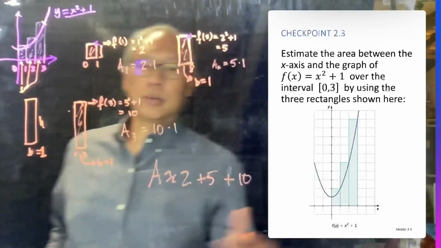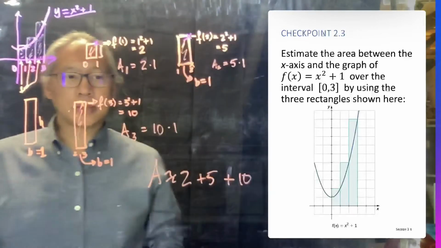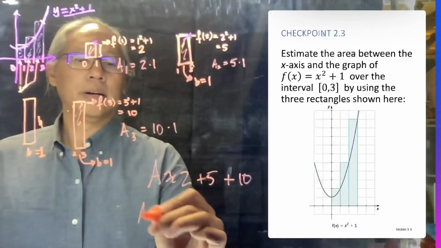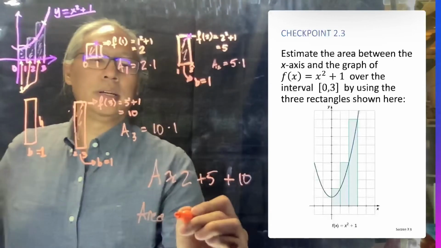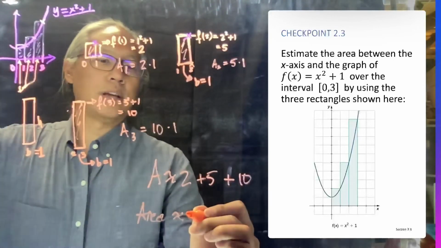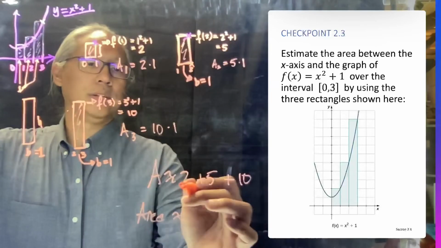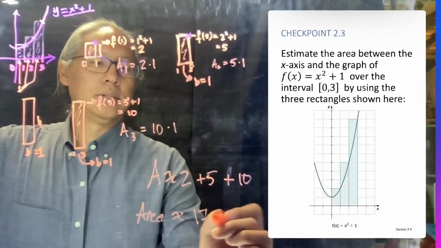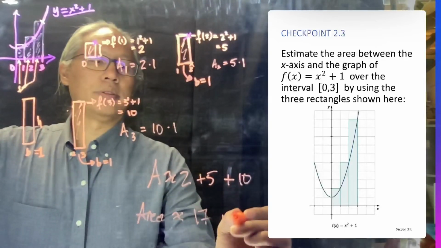And so now, just to approximate this, we'll add them all up. The area is approximately equal to, and we have to say approximately, 17, whatever the units are,